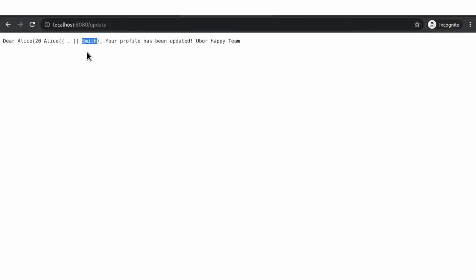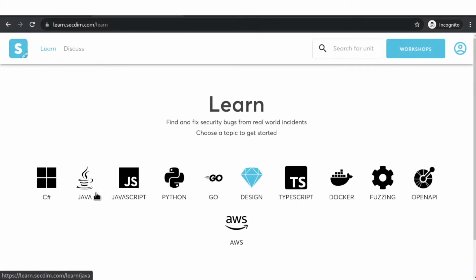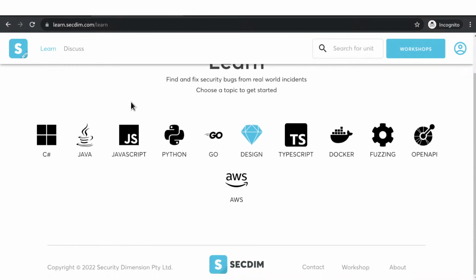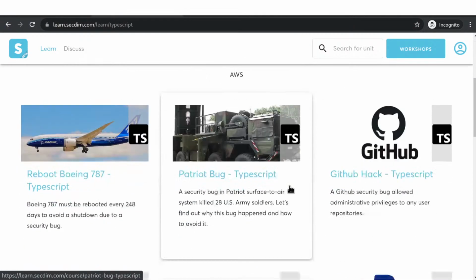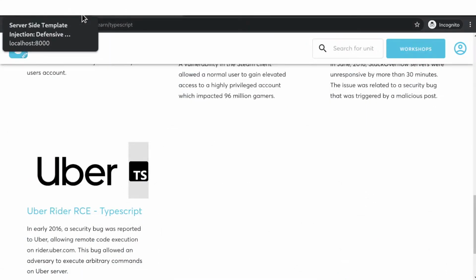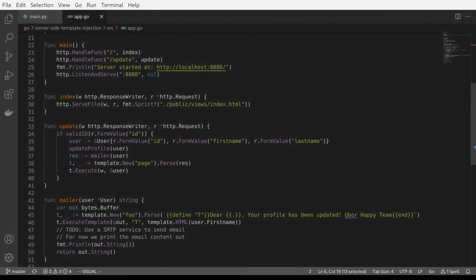Okay. From here on, I want to move into one of our previous labs. By the way, this issue also exists in C#, in Java, in JavaScript. You can feel free to pick any of them, and you can see the exact same problem happen there. But for now, I want to head to our TypeScript lab again, and start looking to write a security test for it. And by that, I want to look at